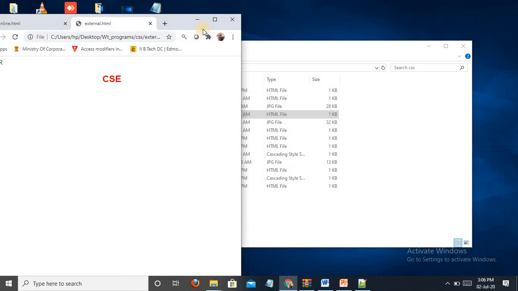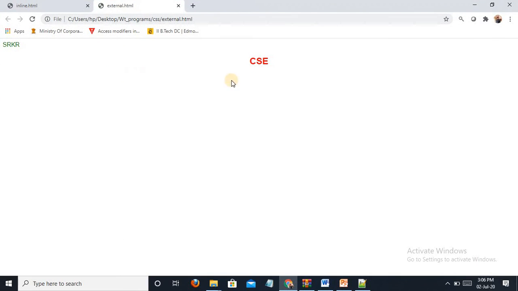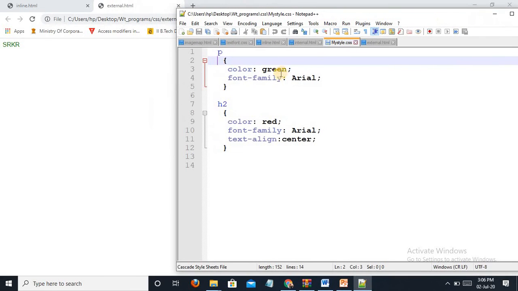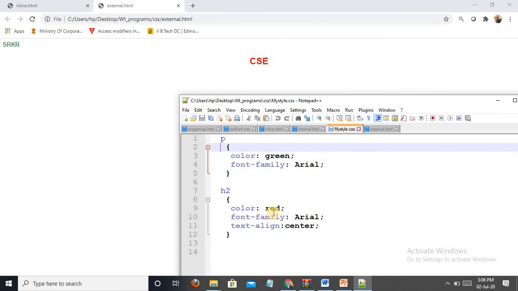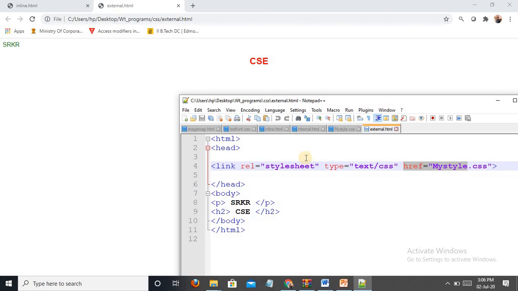So this is applied to SRK, and I have given the paragraph green. This SRK is green, and for headings the color must be red. So you can use it for multiple pages. If you want to use this elsewhere, just place this mystyle.css link like this. Just paste this line in all the web pages you want to use.